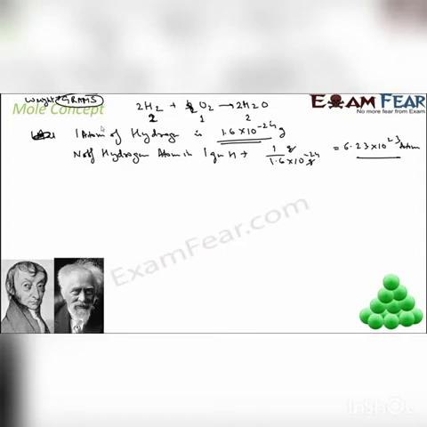Now it is seen that even 12 gram of carbon also has these many atoms. 16 grams of oxygen also has these many atoms. And if you remember, these are the atomic masses of hydrogen, carbon, oxygen. Right? This becomes a very unique number.